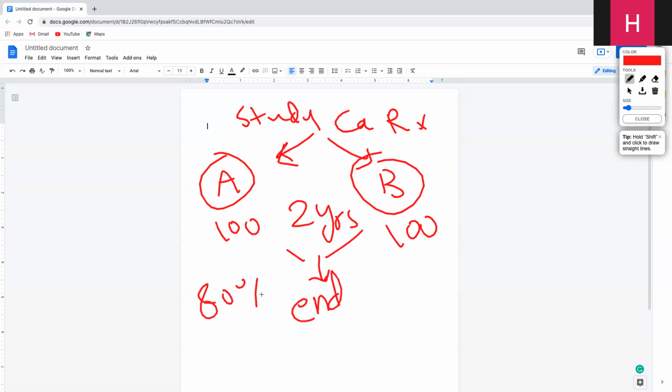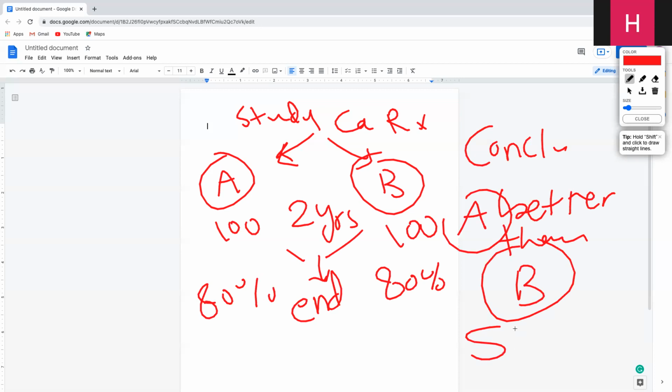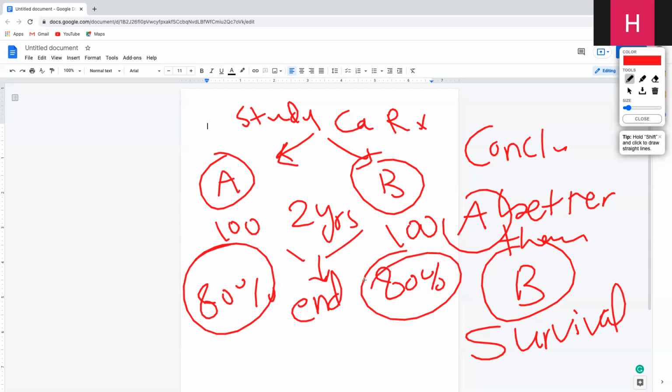80% died here and 80% died here. And I told you my conclusion: drug A is better than drug B in improving survival. Seriously, how can you have 80% here and 80% here, the same amount in both groups who died, and you're saying the survival of patients on drug A is better than the survival of patients on drug B? So the idea here